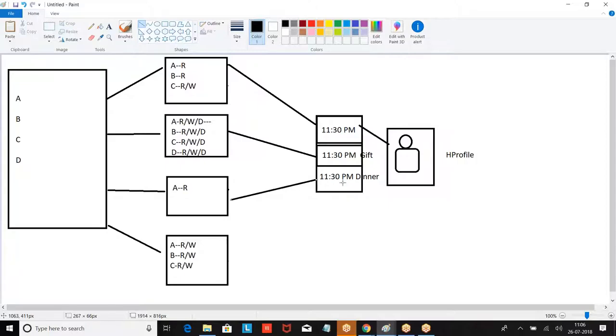For the same person, I want to show the same object in two different ways. For the same profile, if you want to show the same object in more than one format, we will go for a concept called record type. Generally, one profile, one object, one view. One profile, one object, multiple views: record type. Are you clear about this? Have you got the concept?